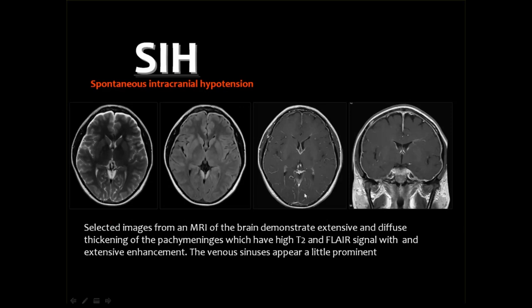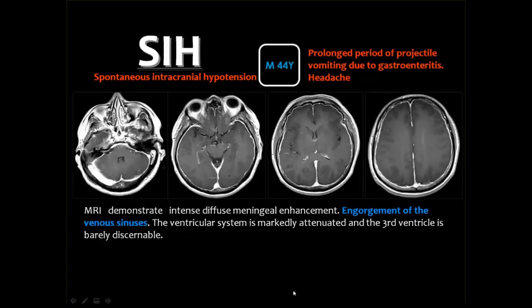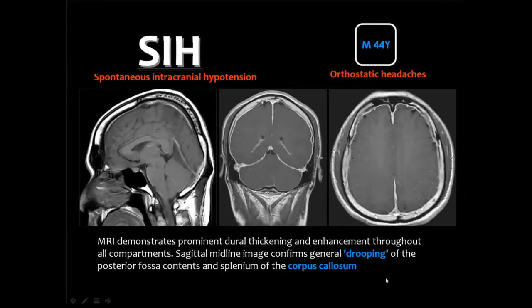And this is an example of diffuse dural thickening and enhancement. And you may feel that there is some prominence of the dural sinuses, but here is a good example. If you see diffuse meningeal thickening and enhancement with engorgement of the dural sinuses. Another example, and you see the